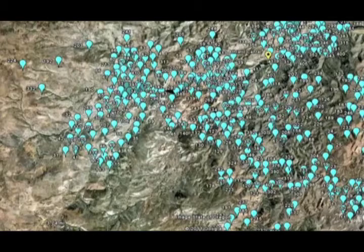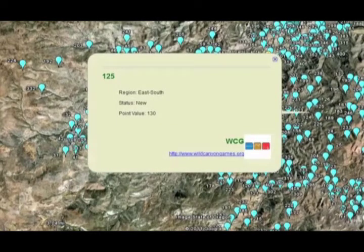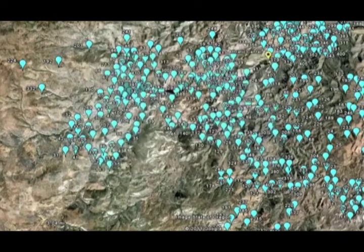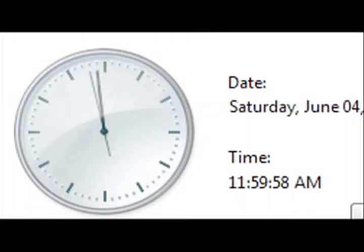At sign-in, please be ready to provide a list of 3 caches that you'll be looking for. This way, we'll have a rough idea of where each team will be. Locate as many caches as possible within the 5-hour time limit that starts right at 7 a.m. All 4 members of the team must return by the end time of the event at 12 noon in order